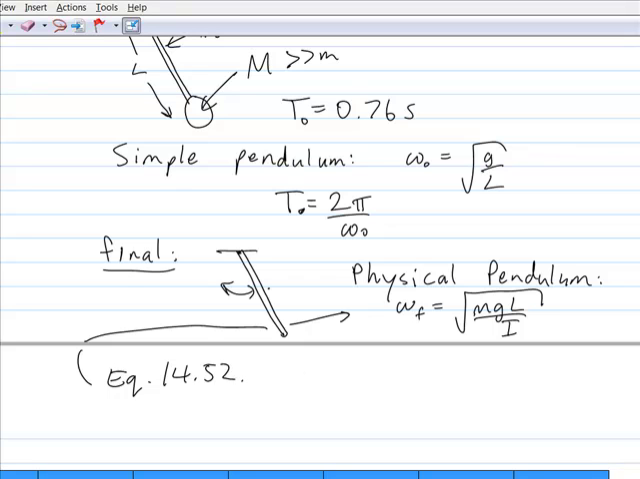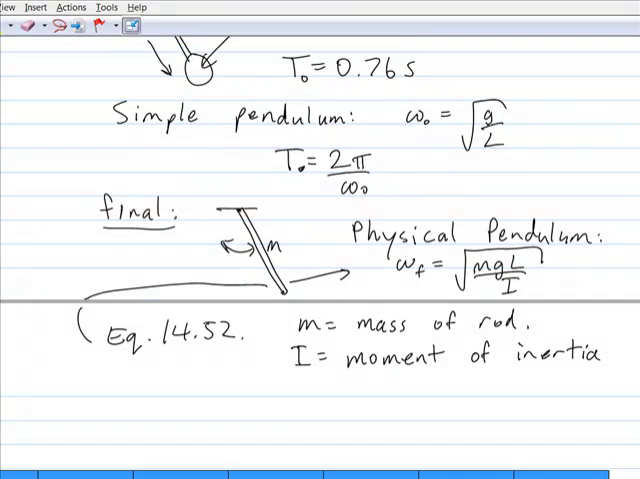And m is the mass of the rod, and I is the moment of inertia of the rod. Now we did moments of inertia in chapter 12, and we even looked at some table values for different shapes, and I think that for a thin rod pivoted about its end,